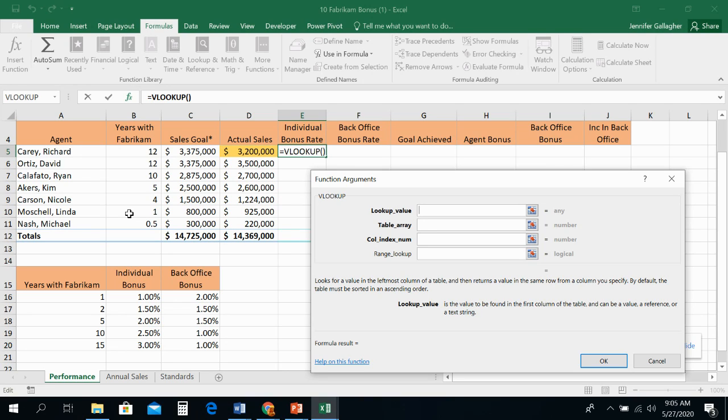I mean, probably in a workplace, not very frequently, especially if you drill it down to the year, but it could. So always pick the most unique thing that's in both places. In this case, it's going to be years with Fabricam. So in my lookup value,